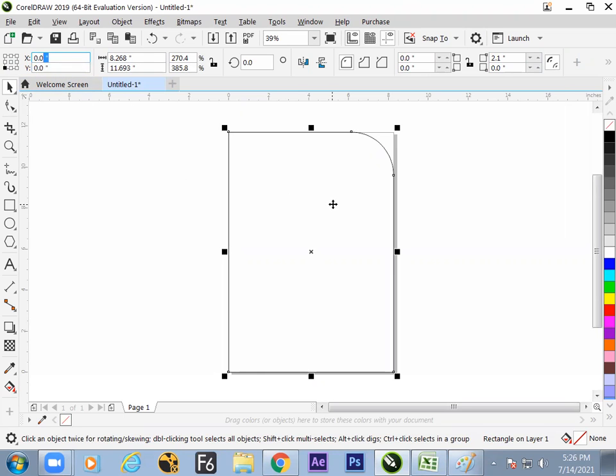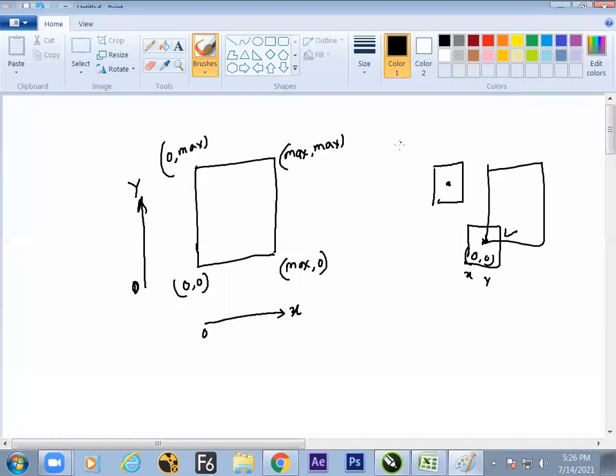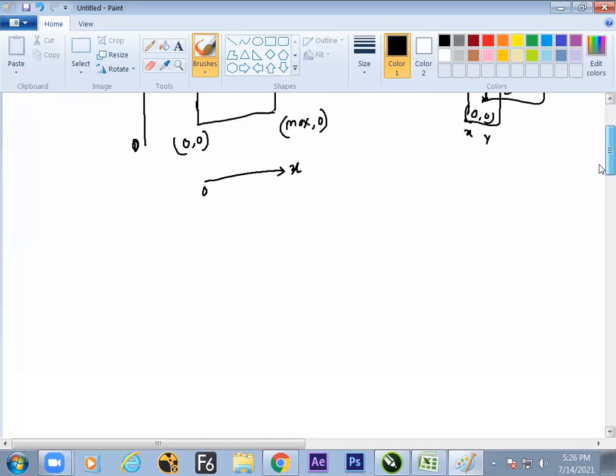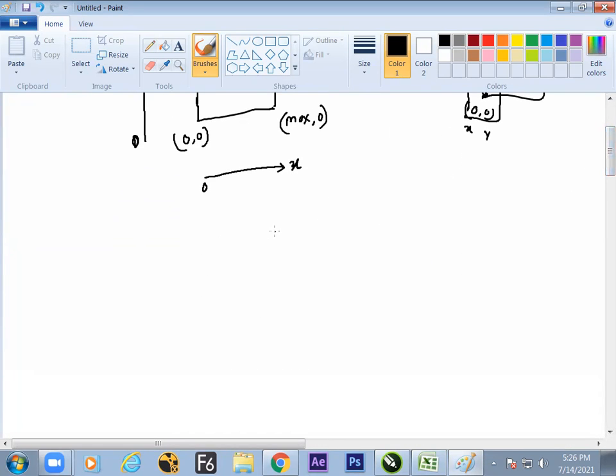So here we now know how to make one corner smooth. Here 4 corners are there: left top, left down, right top, right down. Now what we have learned is how to change the rectangle corner.